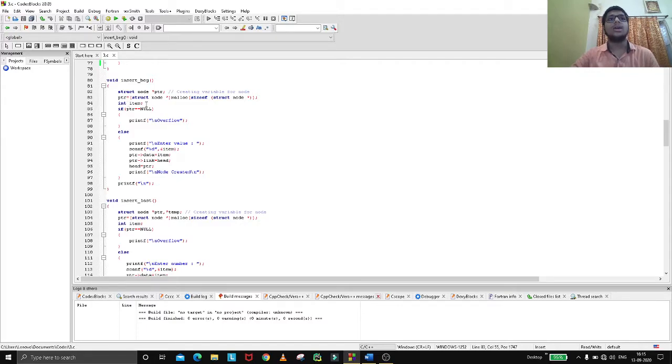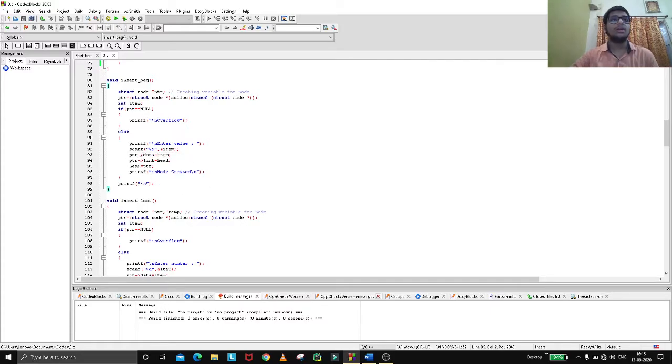Now int item. If ptr equal to null, then printf overflow, else printf enter value. Then the user enters a value which is stored in item.